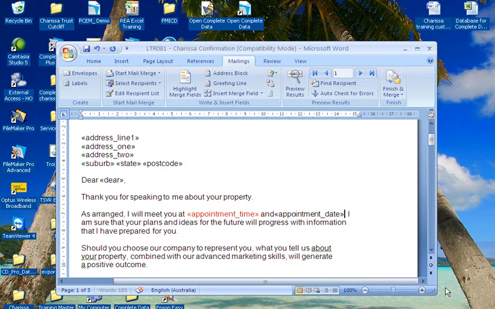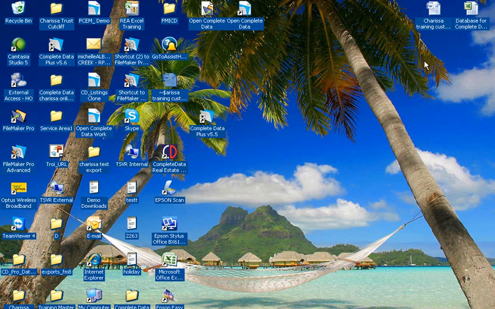I can hit close, and I'm now done with my letters. Everything else is in the format that I require. I'll just pop a space here, and I'm done. All I need to do now is hit save the changes, and I have now just saved everything that is on this letter that's living in my CDMS Word folder. I can close that down,